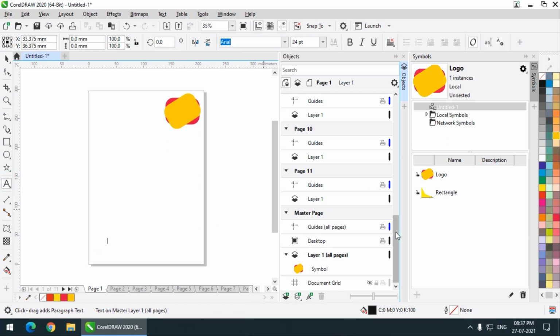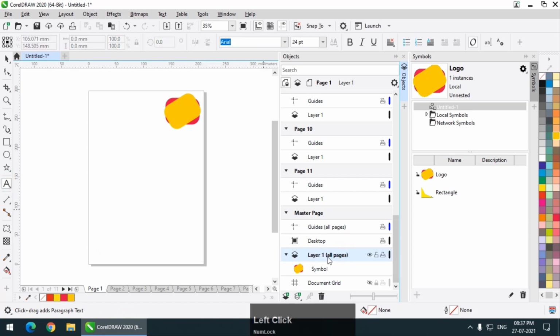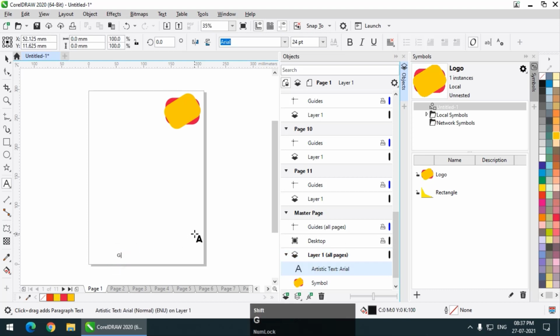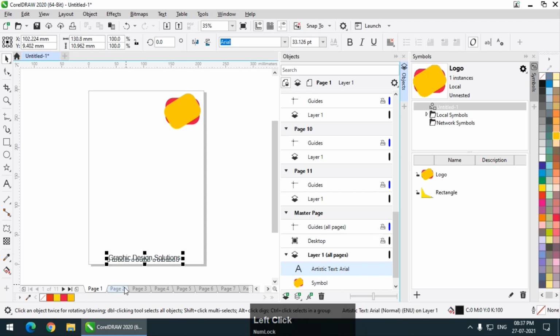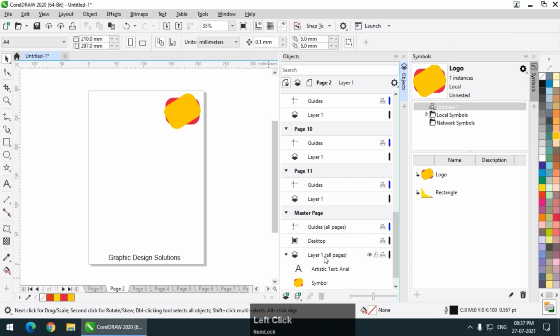I'm going to click on the master layer and type it. So let's say I want to type graphic design solutions, or whatever you want, and I want this on each and every page. As you can see, I have selected the master layer, so it will be displayed on all the layers.